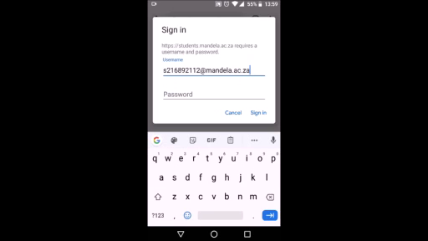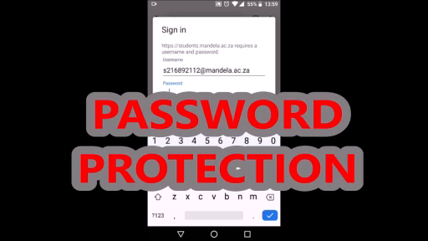So once you've put in your username and password, you can start entering your password, but just make sure that they are correct. Okay, sorry for that. That is for password protection, but simply as that, you should be able to log in